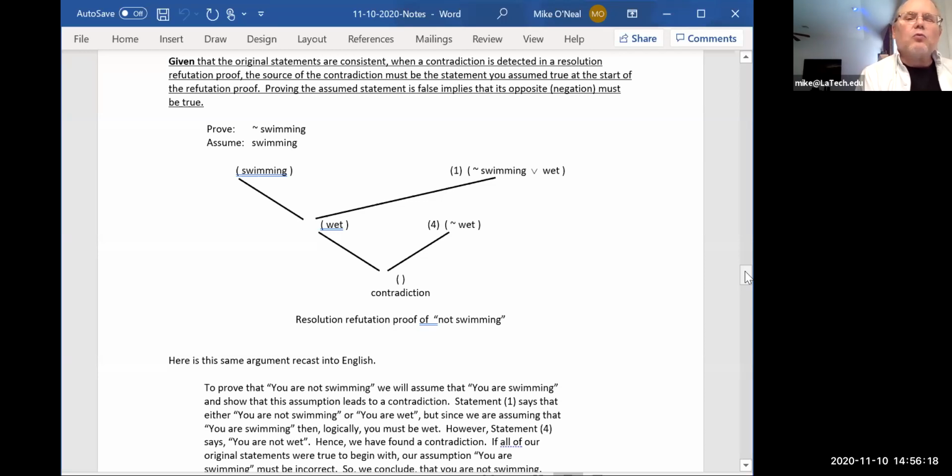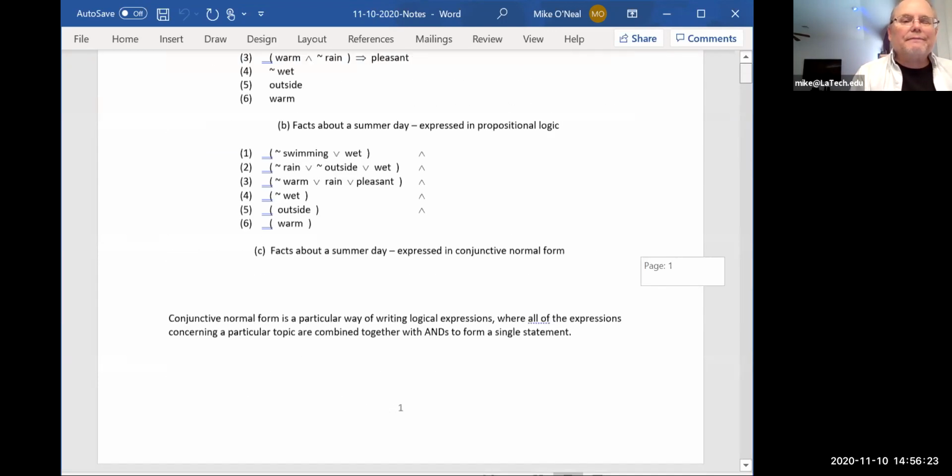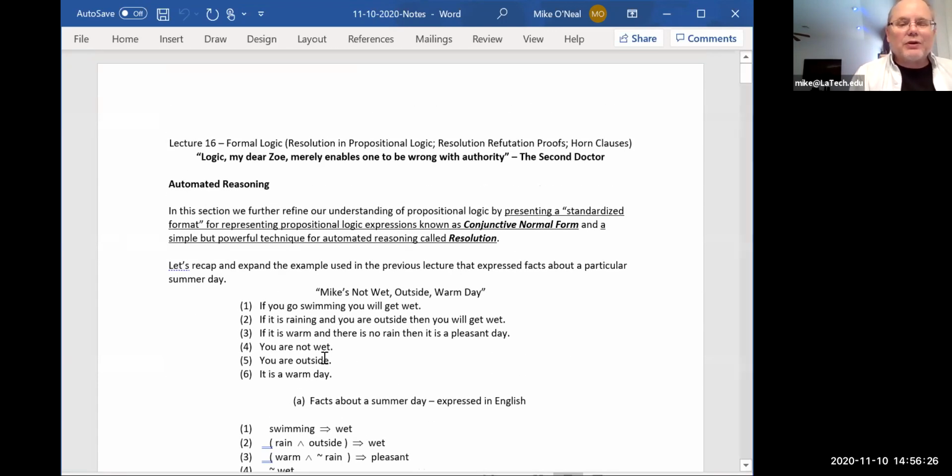And let's also say that I want to prove that I am not swimming. I never said that I'm not swimming here, right? If you go back to our previous lecture, I used modus tollens with 1 and 4 to conclude that I was not swimming. So I'm definitely not swimming. If all 6 of these statements are true, I'm definitely not swimming. And like I said, I did prove it last lecture by taking 1 and 4 and using modus tollens to prove that I was not swimming. So